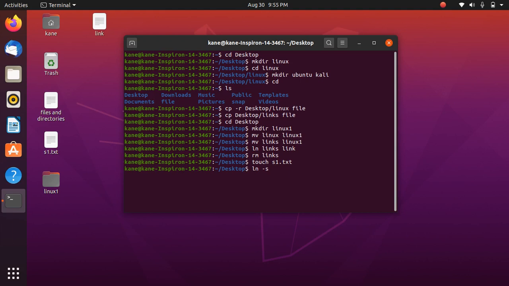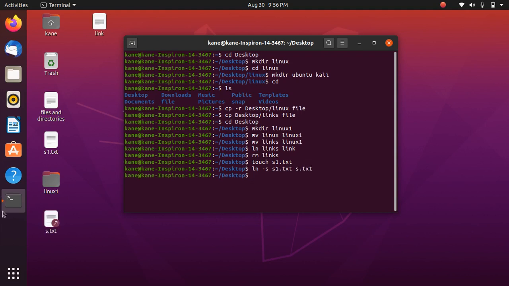Also, I want to mention that when you create a shortcut of a particular file and you delete the original file, you can no longer access that file with the shortcut. The shortcut is broken. So ln -s s1.txt, and here s.txt.